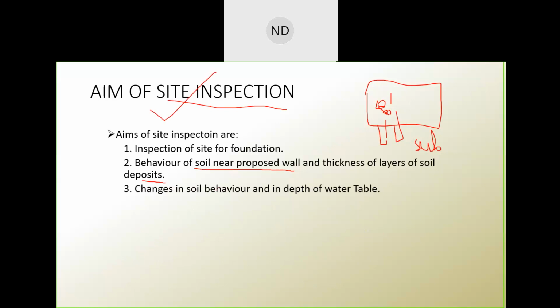Then what is the aim of site inspection? Change in soil behavior and in depth of water table. You have to check the water table also, like up to how much depth is your water table, what type of foundation is required, you understand by that also, and at what level your water supply will come. Suppose you want to construct a building here, and when you went to the site, you have checked that your water table is very, very